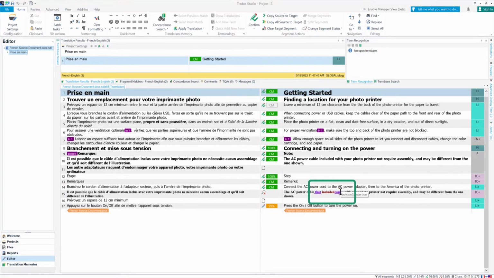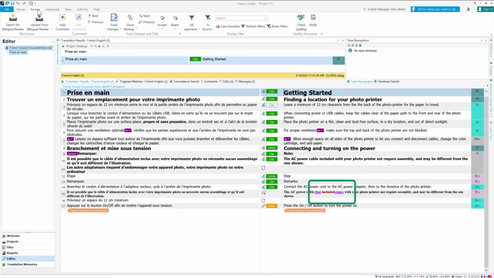When I reopen the bilingual file in Studio, the changes I made in Word are now present in Track Changes. I'm going to accept the changes before the final step, which is to update my translation memory with these changes.